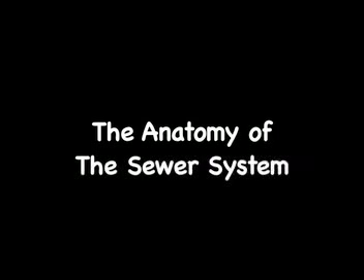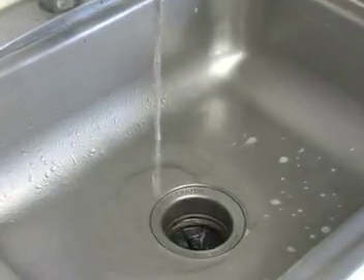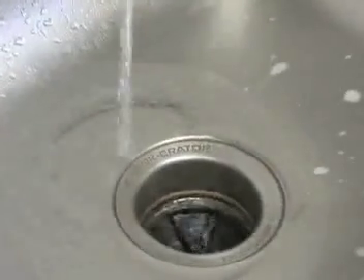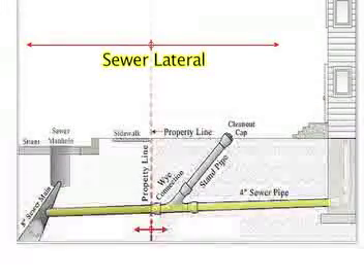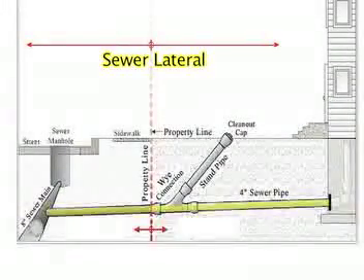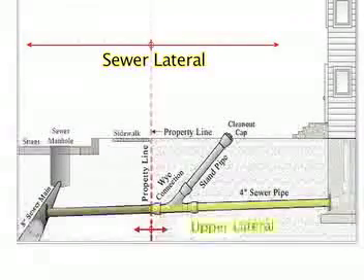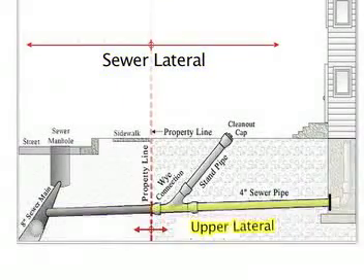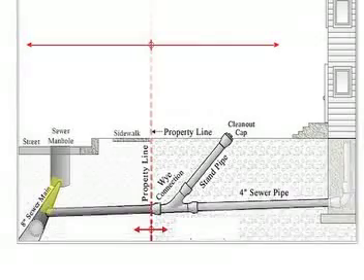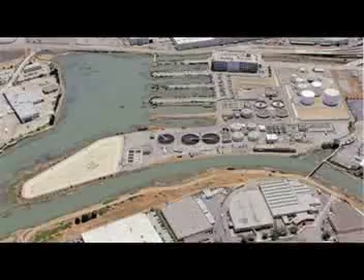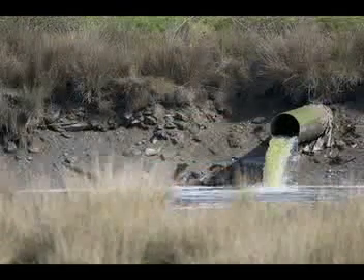Let's follow the path your wastewater takes from your house to the collection facility and finally to the bay. When your wastewater goes down the drain, no matter from the toilet or from a sink, it goes into your sewer lateral. The sewer lateral is one pipe that extends from the house or building and connects to the city sewer main. The upper lateral runs from the building to the property line. The lower lateral runs from the property line to the city sewer main. From here, the water joins with other streets' wastewater and flows to the sewage treatment plant facility. At the plant, the wastewater is treated and then allowed to flow to the bay.